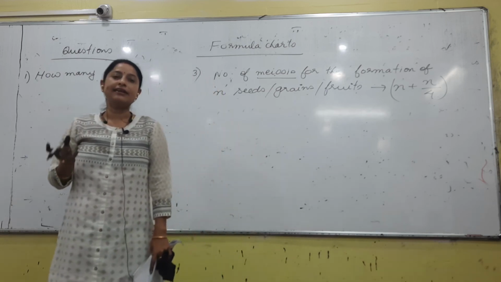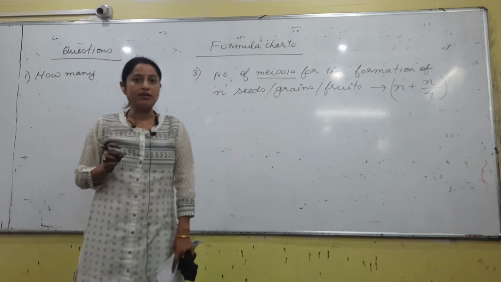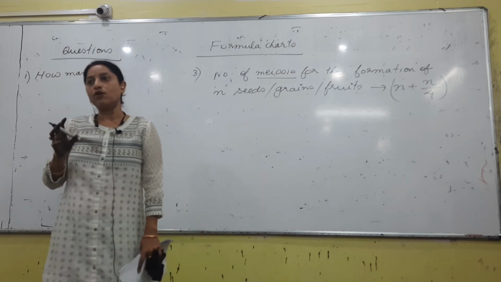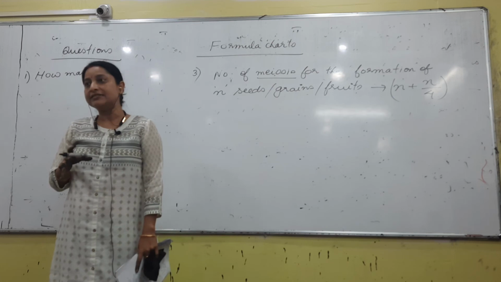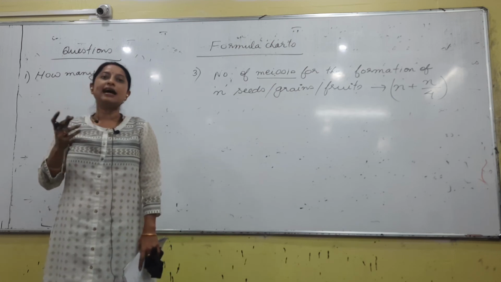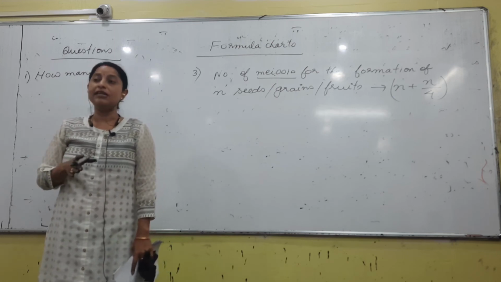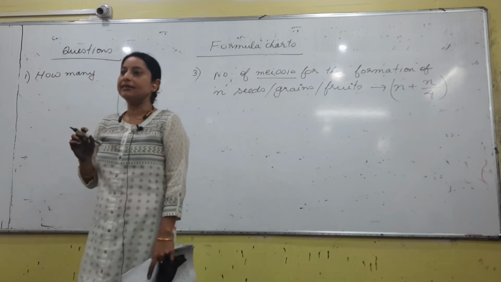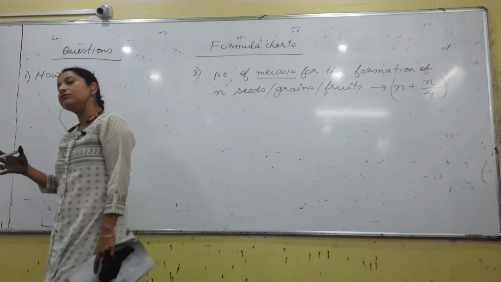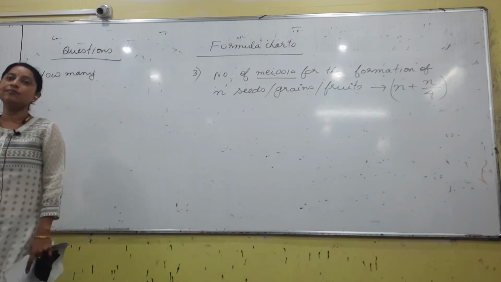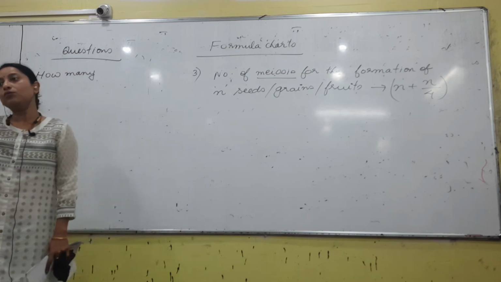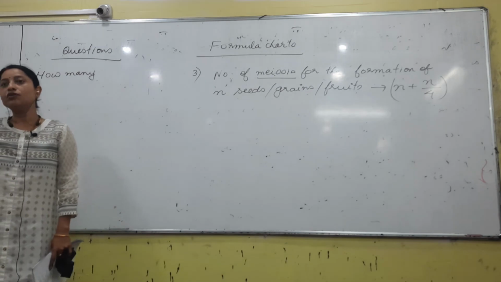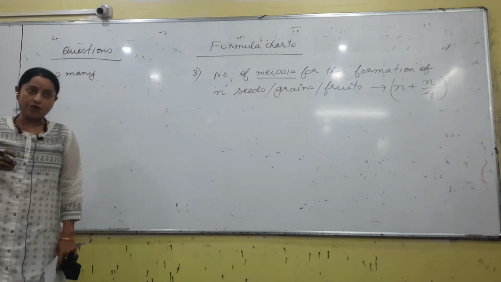If that cell will undergo meiosis, that cell would be called as what? Myocyte, right? If you are talking about male reproduction, then obviously that cell will produce the male gametes, right? A myocyte will undergo meiosis and produce how many male gametes? 4 male gametes, right? Similarly, in case of female also, a myocyte will undergo meiosis and produce how many female gametes? 4, right? But what we have observed is that out of the 4 female gametes that are formed, it is